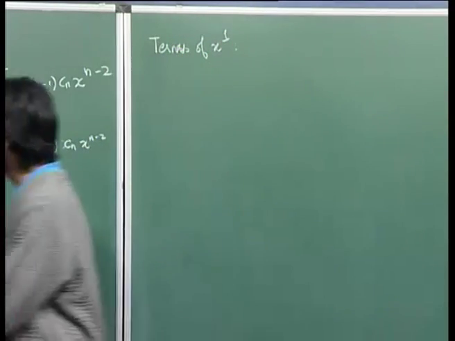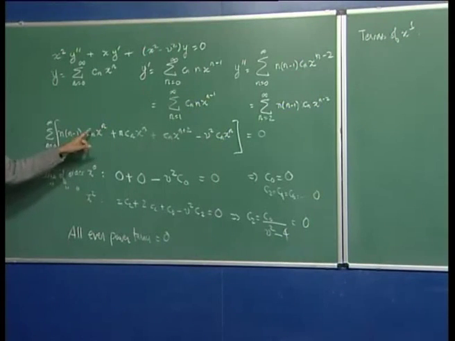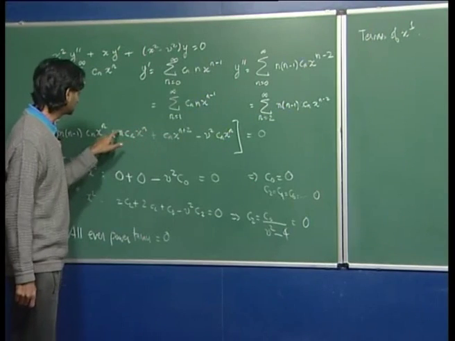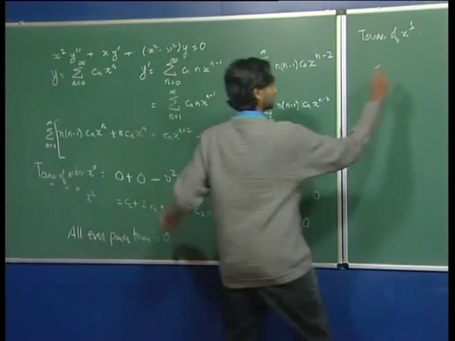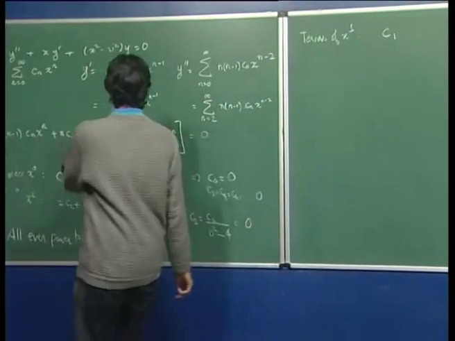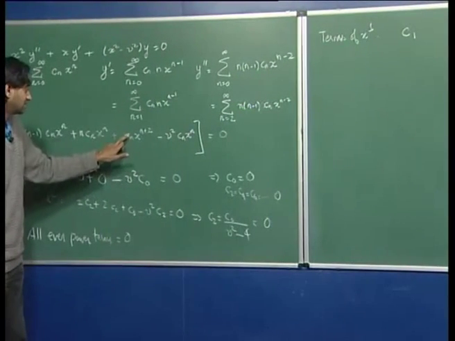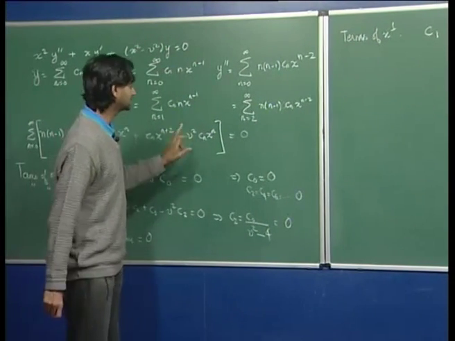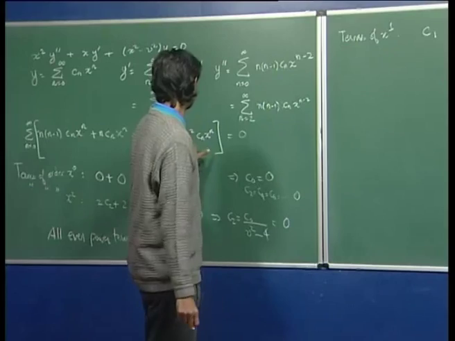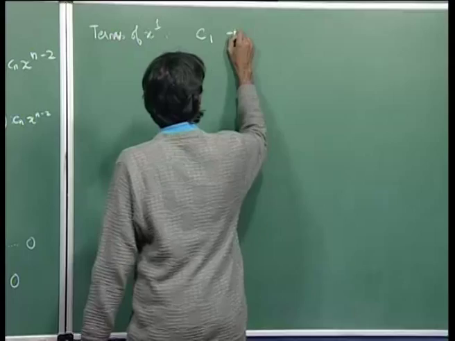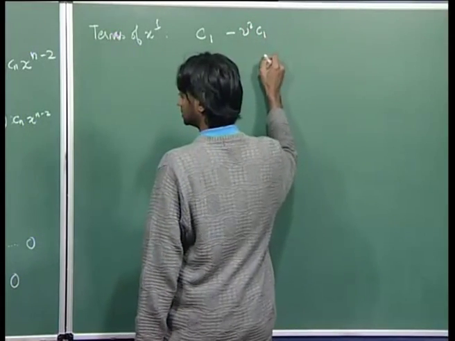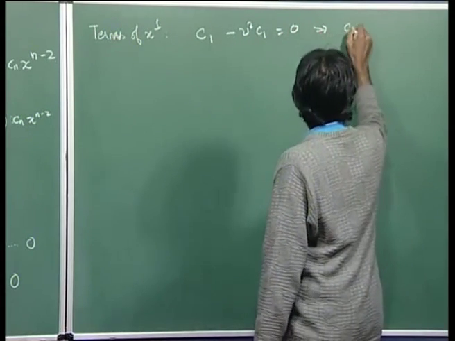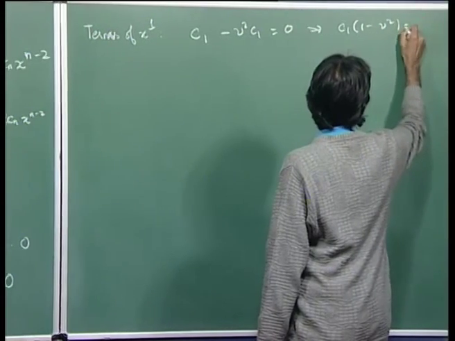So, if you want x raised to 1, then in this case n has to be equal to 1, but if n equals 1, this term gives 0. In this case n equal to 1 implies you have 1 C 1. So, you have C 1. Okay. In this case you can never have x raised to 1, because even if n equals 0 you get x square, and in this case you have nu square C 1 equal to 0,